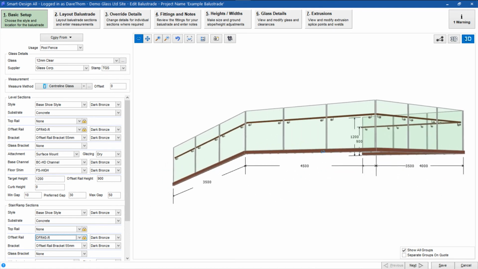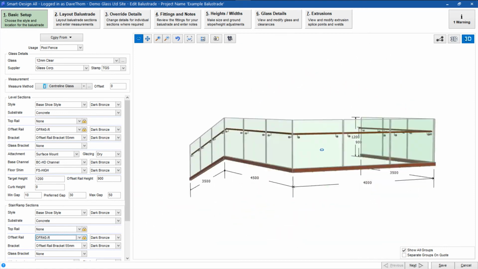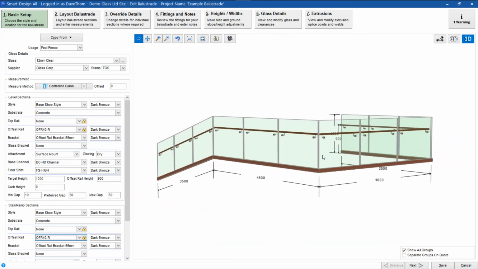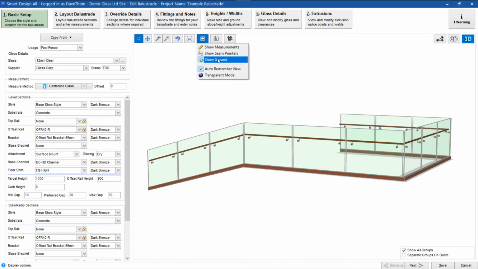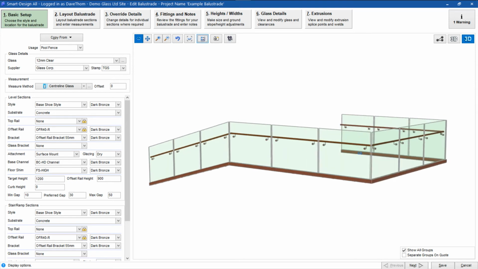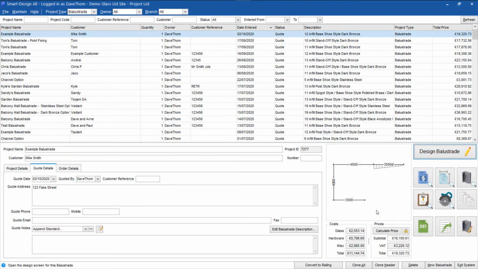So we can now position this for how we want to display this for the customer on the quote. So however I leave this is how I want this to be displayed for them, and I can toggle with this and turn the measurements on and off and show the ground here for example as well, and show some different details. But for now I'm going to say without measurements and just show them the balustrade itself, like this, and save that there. Now I've done this, we can see here the software has calculated the price for me,